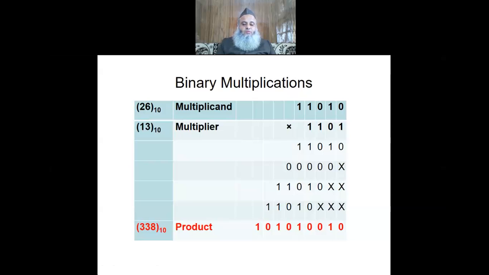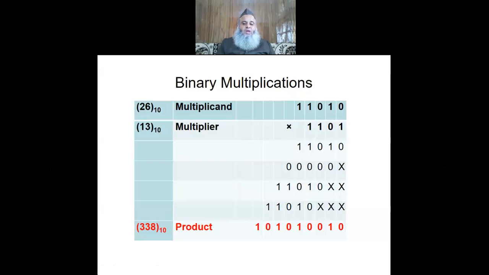Now after 1024, next is 2048, so I'll call it 2k. Then next to it will be 4096, so that will be 4k. So the counting will be 1 2 4 8 16 32 64 128 256 512 1k 2k 4k 8k 16k